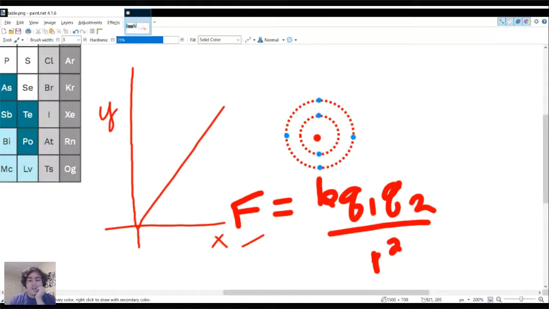But if you look at the distance, it grows like a parabola, right? So if we take two charged particles, we keep the charge the same, and we move them closer and closer together, it's going to grow like y equals x squared because of the squared term in the radius. So it'll grow like that. And we can easily see that the y equals x squared term is going to grow a lot faster than the y equals x term. So the distance matters a lot more